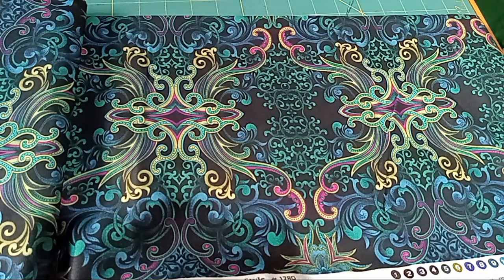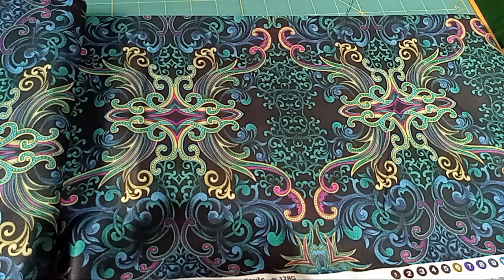So, quilters, do you have that one fabric you just cannot cut into? Well, this is my fabric. I've had it for a little over 19 years, and it does have a little bit of emotional